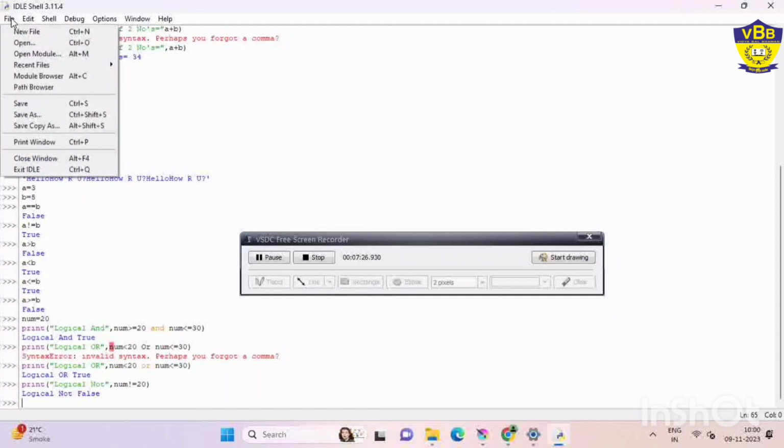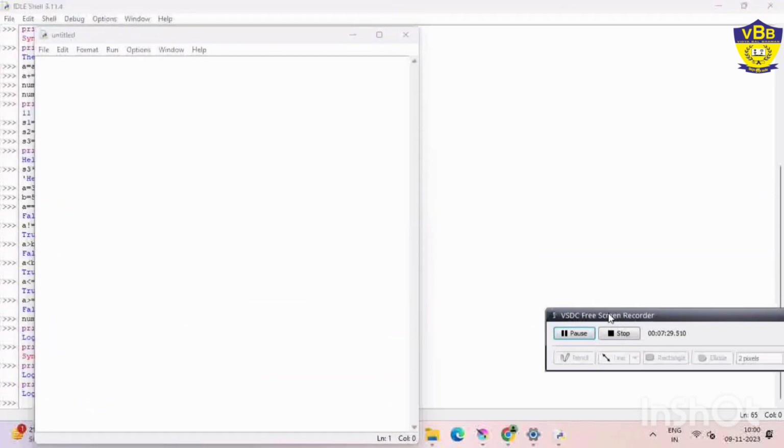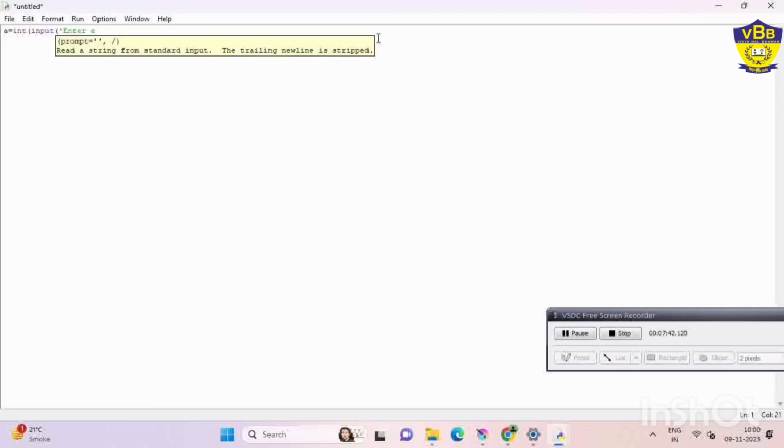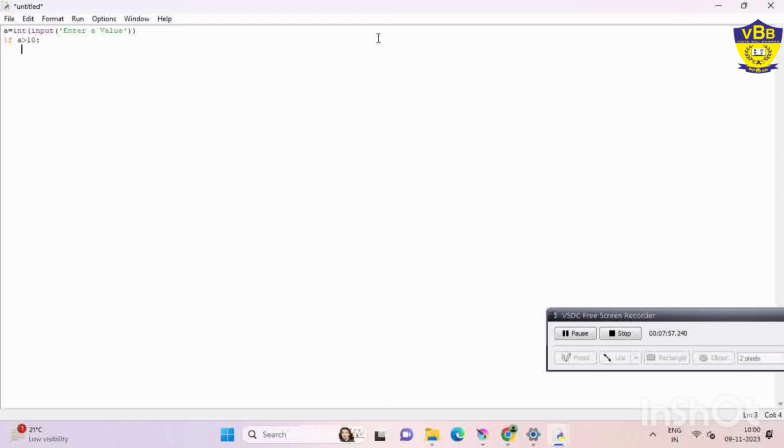Let's open the script mode, go to File, click on New File, and after that start writing the code. Let's take one value from the user input: enter a value. Then I am writing one condition: if a is greater than 10, then only it will execute this statement, that the number is greater than 10.